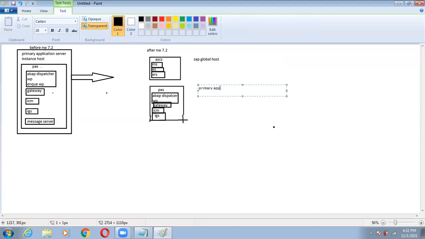Basically, the message server and enqueue server you need to install separately on a separate host, that is ASCS, and the remaining will be in the primary application server. So MS means message server, enqueue server, enqueue replication server. Please make a note of it. ICM means Internet Communication Manager. IGS means Internet Graphics Server.